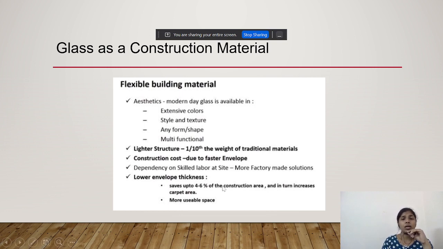See, when it comes to the carpet area of the construction, for example, if you compare concrete and glass, when you use glass as a construction material, you can save the carpet area, like 4 to 6% of the carpet area can be saved. And that is another advantage of using glass as a construction material. Okay,